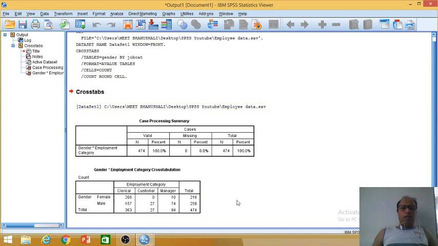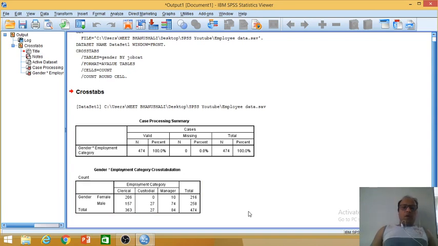Now we have a table which says out of total 216 females, 206 are clerical, 0 are custodial, 10 are manager. Similarly, among 258 males, 157 are clerical, 27 custodial and 74 manager. Now these are absolute numbers.